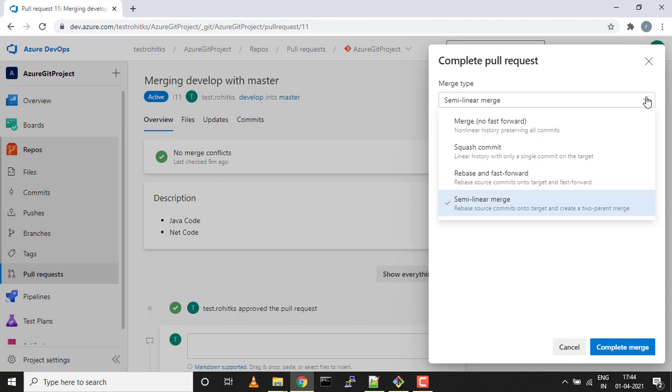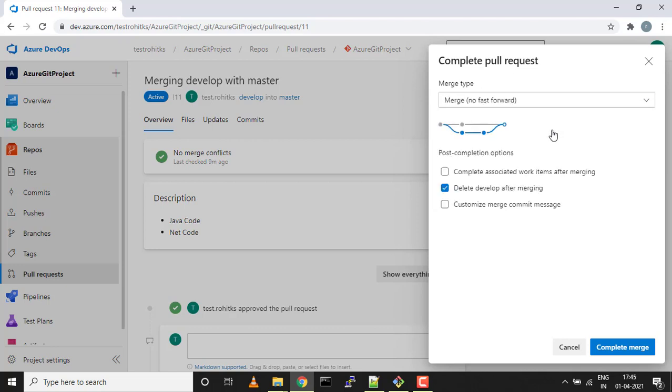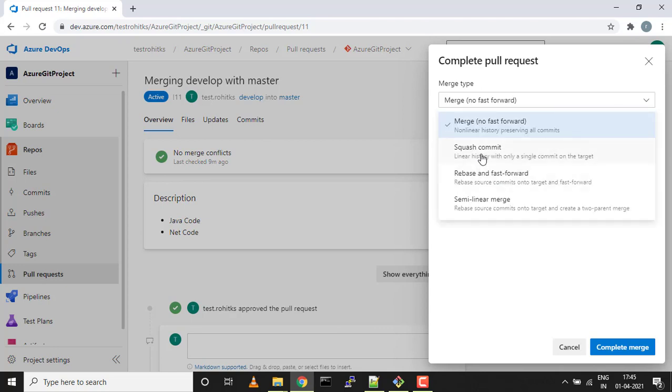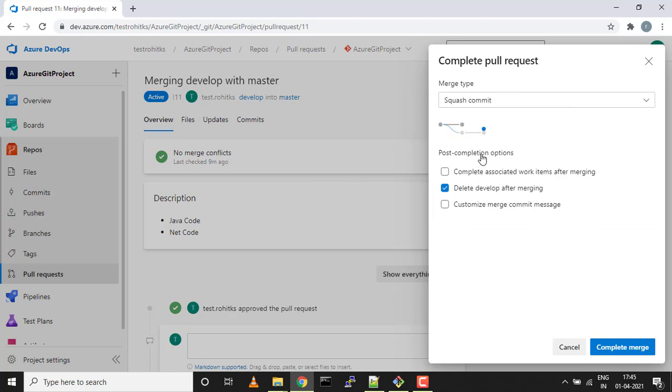Mostly projects prefer merge commit, wherein they have all the individual commits retained, and they also prefer squash commit when the production deployment is done and everything looks good. When they are merging the entire thing to the master branch from the release branch, at that time they use squash commit because they don't want to retain or junk all those individual commits onto the master branch.